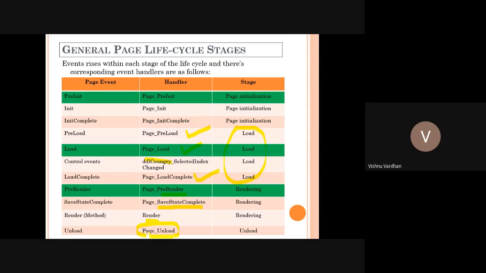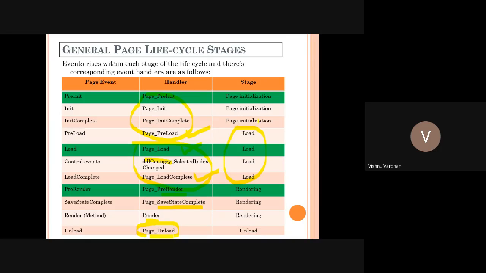Okay, so that means before the object is dereferenced, this page unload event handler will be called, and as soon as it is called, the memory allocations for this particular page, all the ones you have accessed during page initialization and load, will be dereferenced and your page will not be there anymore, because the memory is going to be grabbed by the GC.